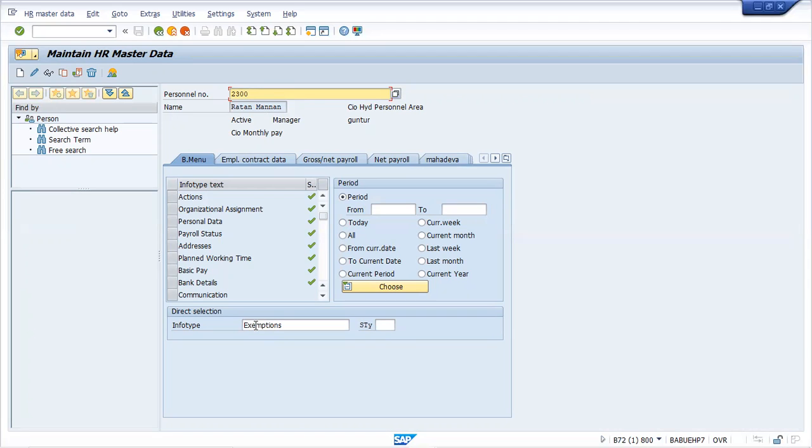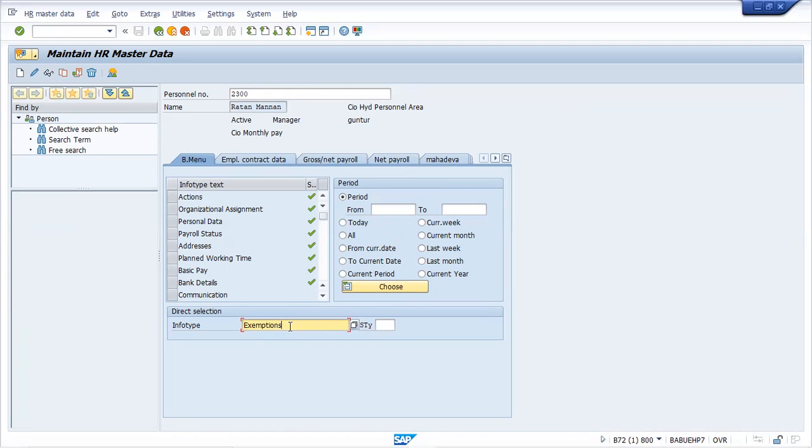A certain amount of your salary will be exempted, meaning the government will not calculate tax on that amount. Suppose I have been exempted 1.5 lakhs in general and 50,000 for NPS, National Pension Scheme, total 2 lakhs exempted for my tax bracket. Out of whatever my salary is, 2 lakhs will be exempted, and the remaining part will be my taxable salary. On that amount, the tax will be calculated. That is the meaning of exemption.